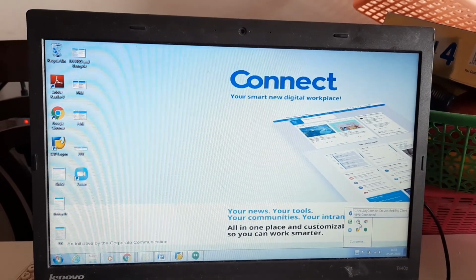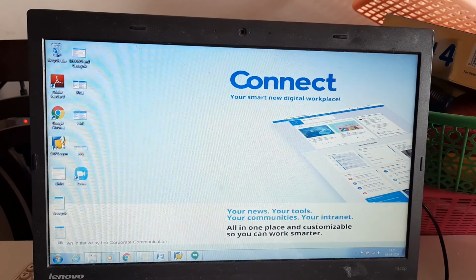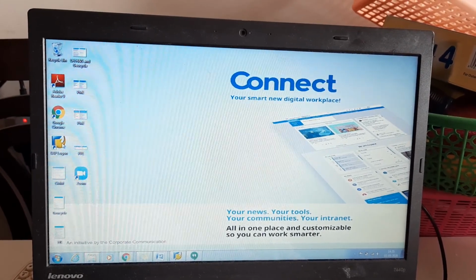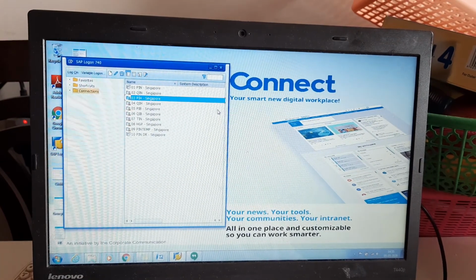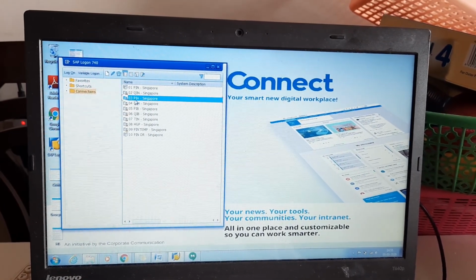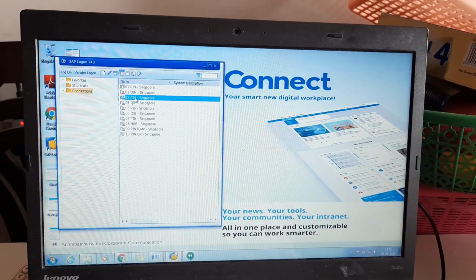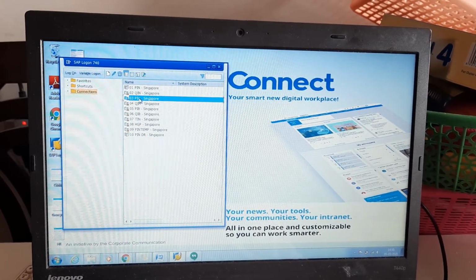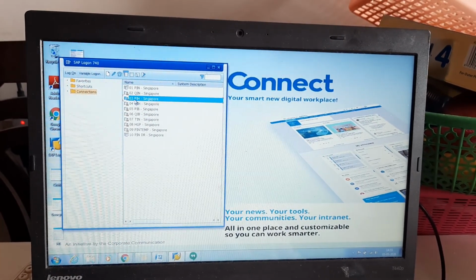Now I'm going to log into the SAP tool. So double click on the SAP tool. I know that the shortcut has been created and it has been added over here. Double click the SAP tool, and then you always get into the PIH Singapore. It is a live system where whatever activity you do will be entered over here. QIN is a quality server, PIH is the production server.